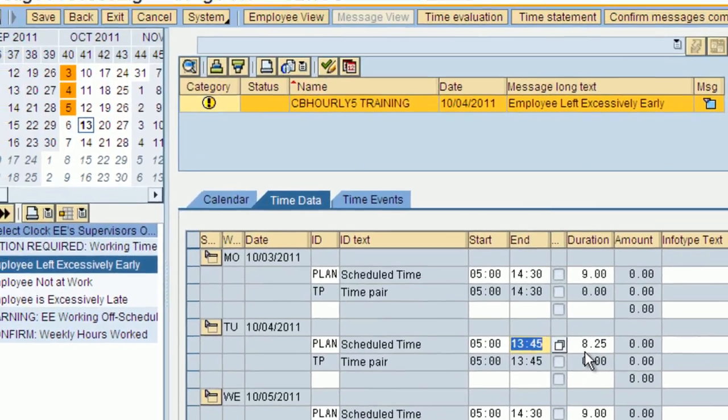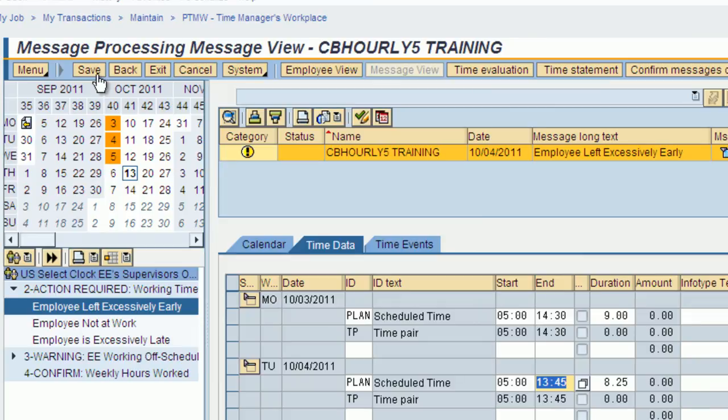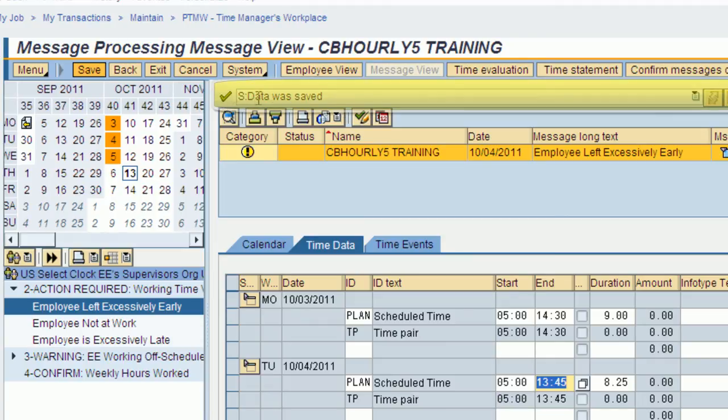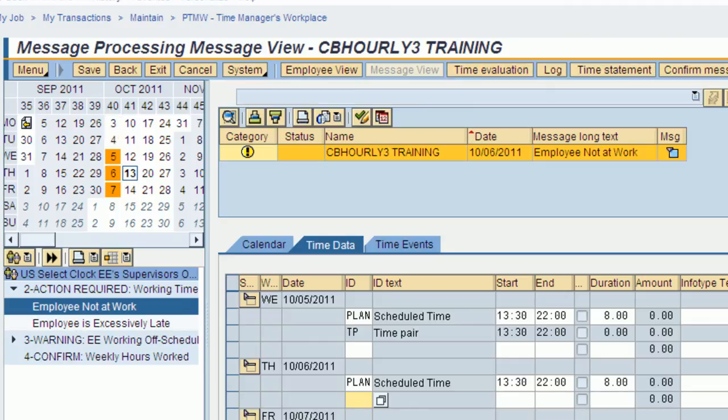So if I'm satisfied with this, I'm going to go up and I'm going to click the save button. Okay, and then we'll check our data error bar here, and we'll see that the data was saved. So it looks like I'm good to go. I'm going to go ahead and run time evaluation, so the system will reevaluate his data based on the changes I've made. Okay, once time evaluation runs successfully, we can see the message for the employee leaving excessively early is dropped off,